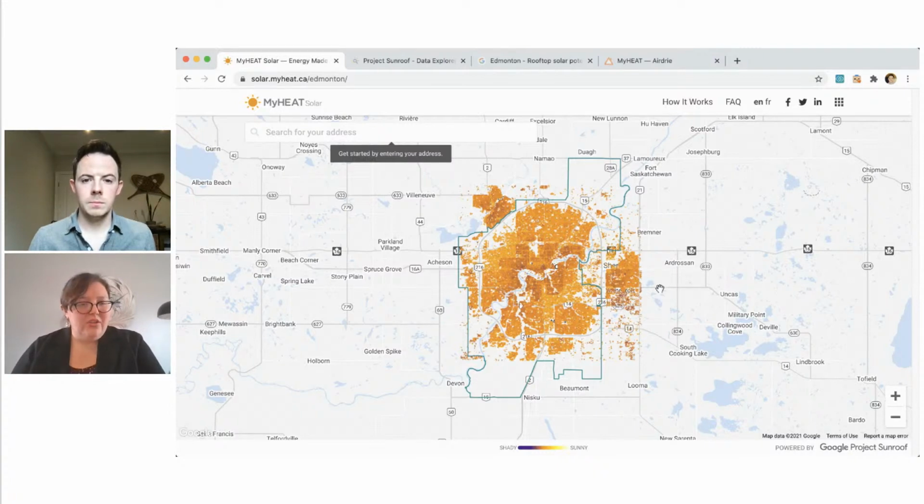And so really climate change knows no borders, right? So there is this added value of us being able to have cities like St. Albert or Sherwood Park access some of that solar performance information as part of our work with MyHEAT. But I think also similarly, something that's a challenge is you'll see as we've annexed land and Edmonton has grown, those north and southern parts have no data. And granted, they have pretty low